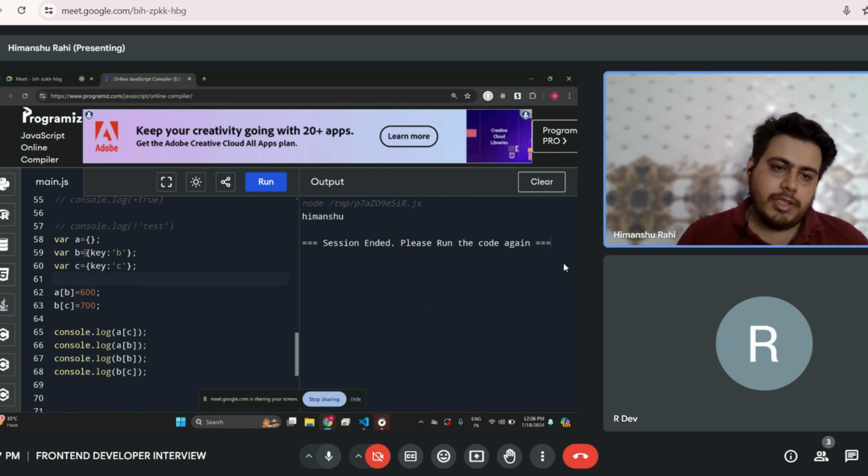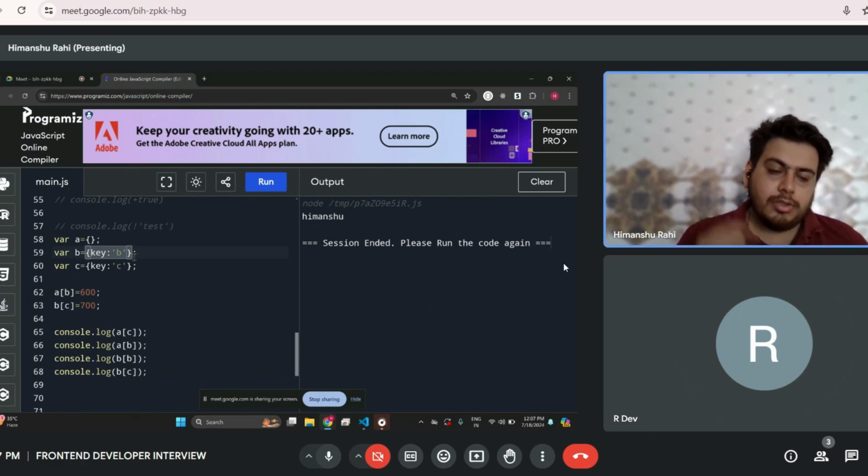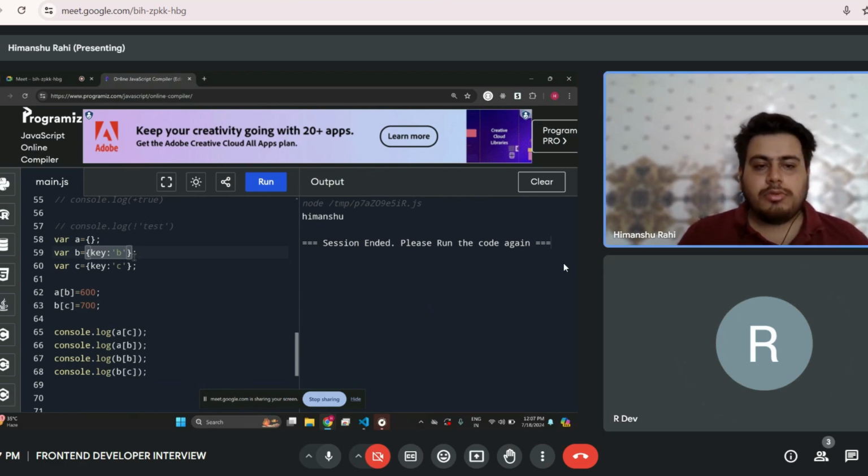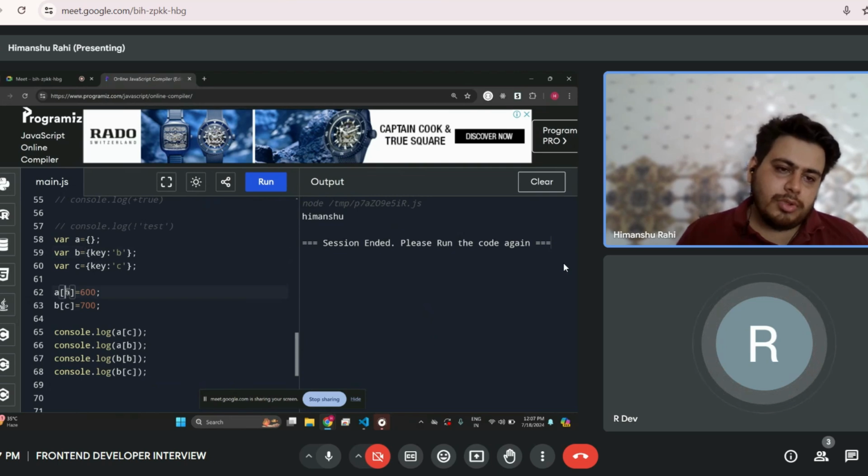So this is an invalid key. You mean this is converted into a string, like object object. So both keys are object, so this will overwrite every time.